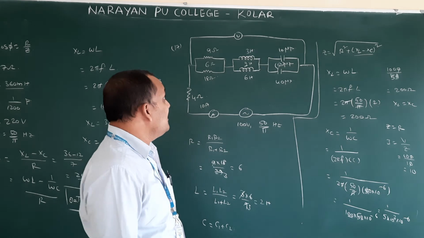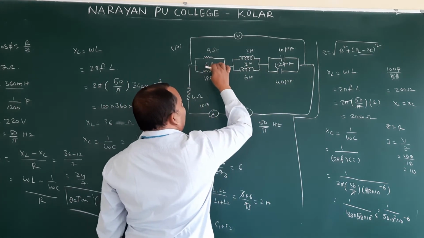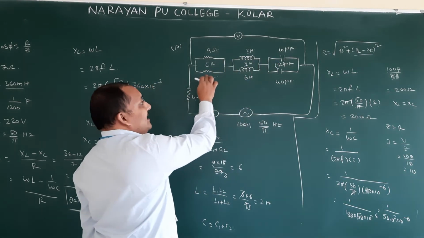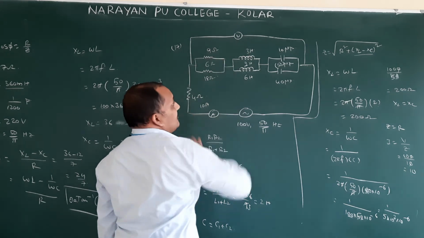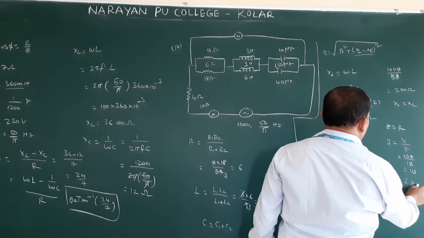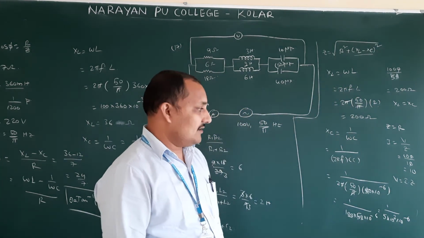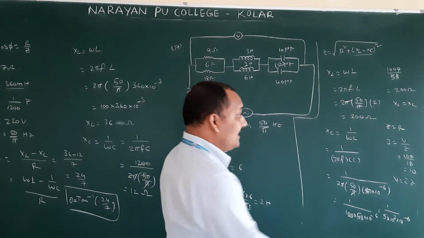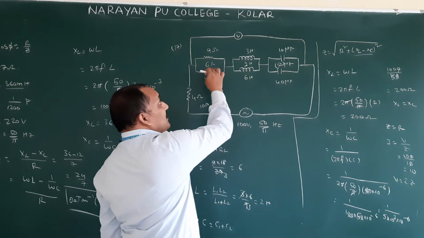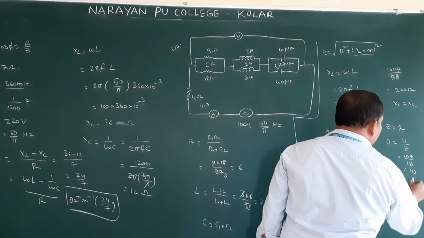Next, what they ask is the voltage across from here to here, across R, LC or LCR. In that, the 4 ohms is not there. Only the voltage across this one we want. What is the voltage formula we came to know? V is equal to I into Z. Current into resistance. But here Z is equal to R, the total resistance, but now we have to take only this R. Therefore, IR.